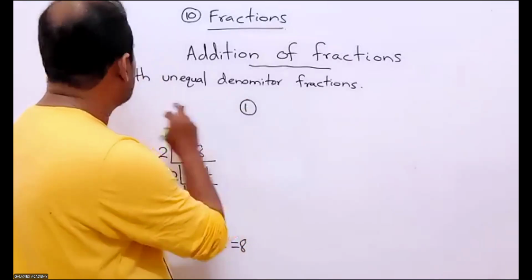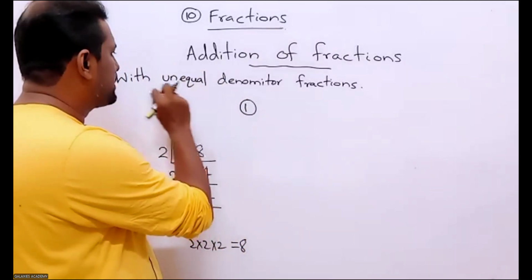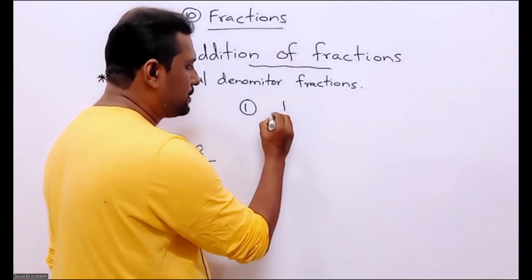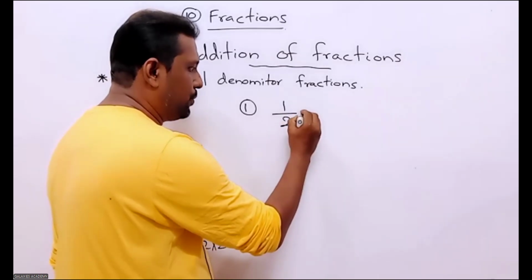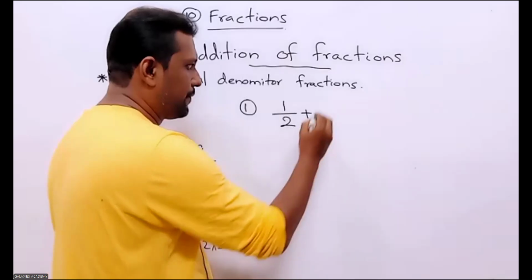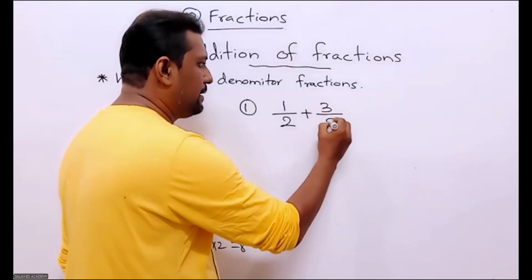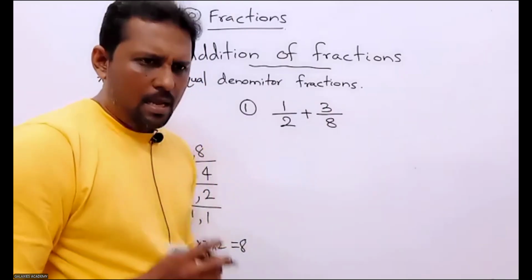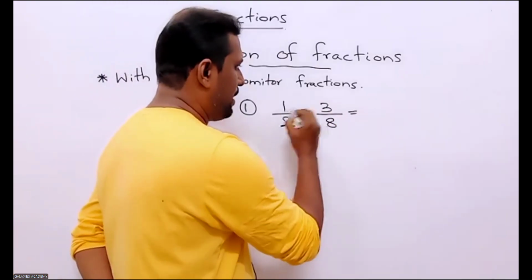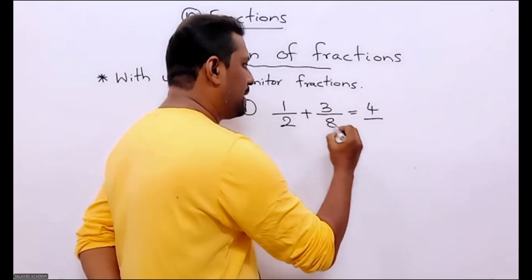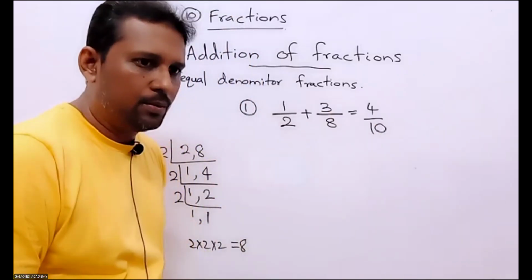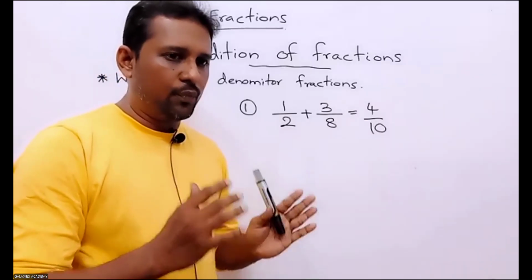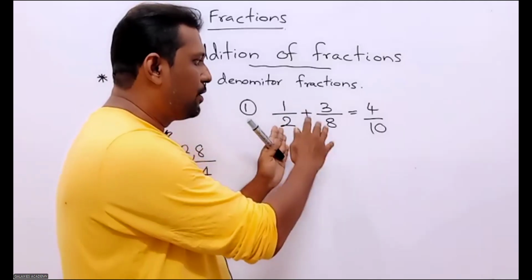Right. Now let's discuss how you can add fractions with unequal denominators. Suppose I want to add 1 over 2 and 3 over 8, right? 1 over 2 and 3 over 8. Then can you do it like this? 1 plus 3 is 4, 2 plus 8 is 10. Can you do that? You can't. Earlier I told you that if you want to add two fractions, the denominators should be